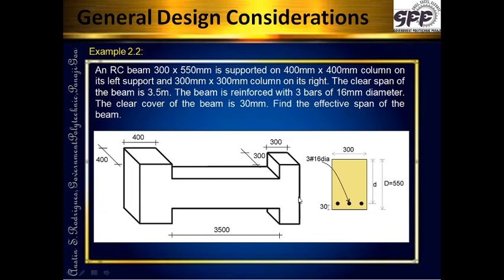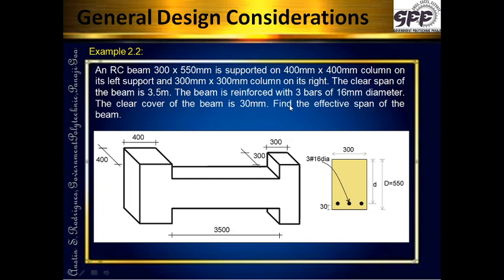So the beam goes continuously to the end, though it looks fully of concrete. The beam goes from end to end and it is not integrally cast with the column. So there is no connection between the column and the beam. That is what we are assuming. Now clear span of the beam is 3.5 meters as it is shown over here in mm. From the face to the face the distance is 3500, that is 3.5 meters.